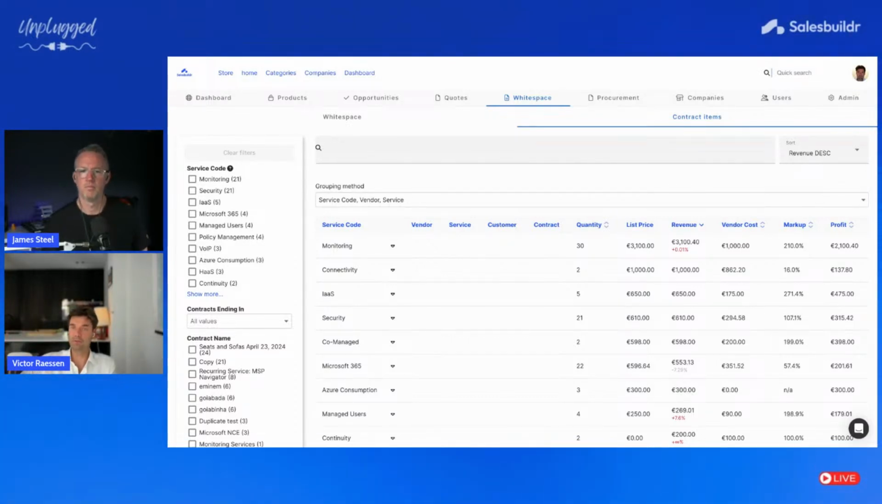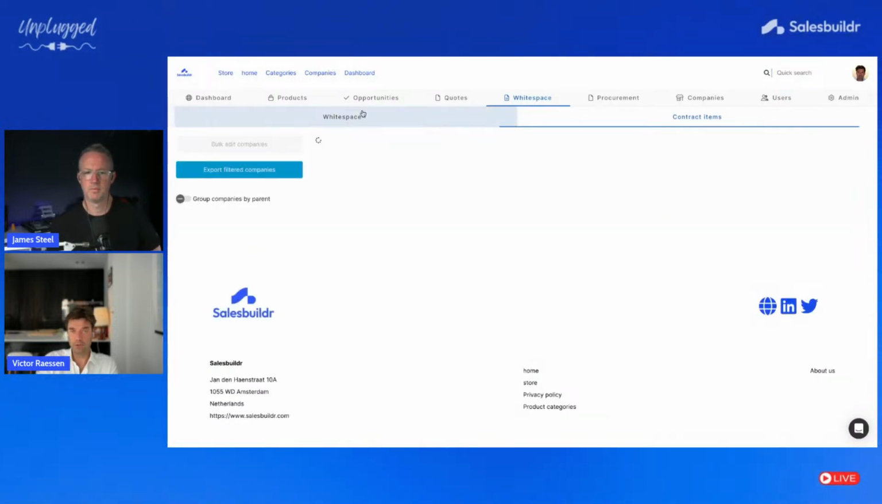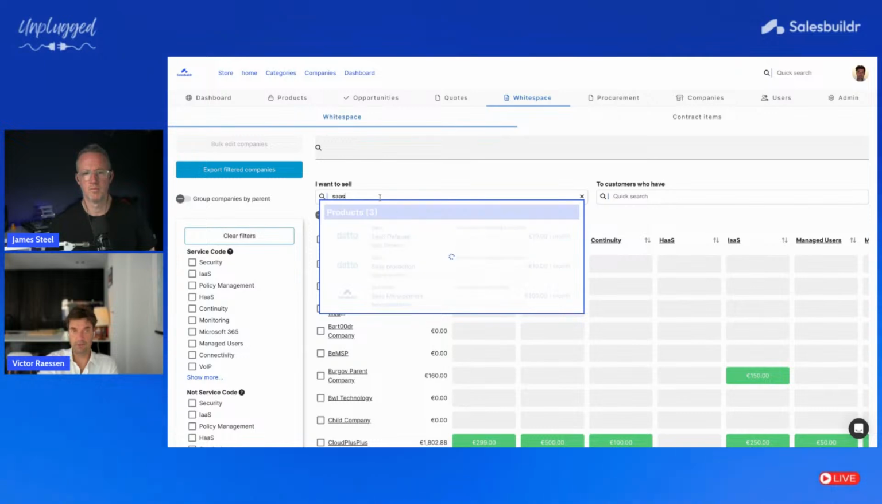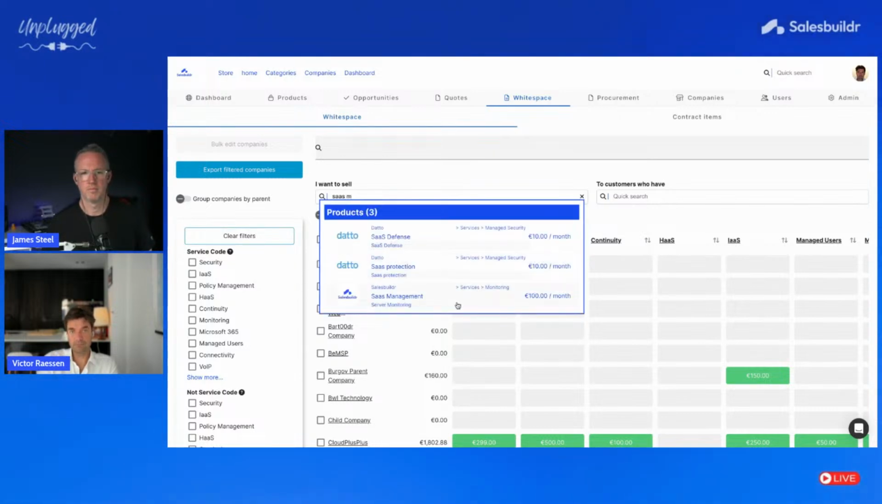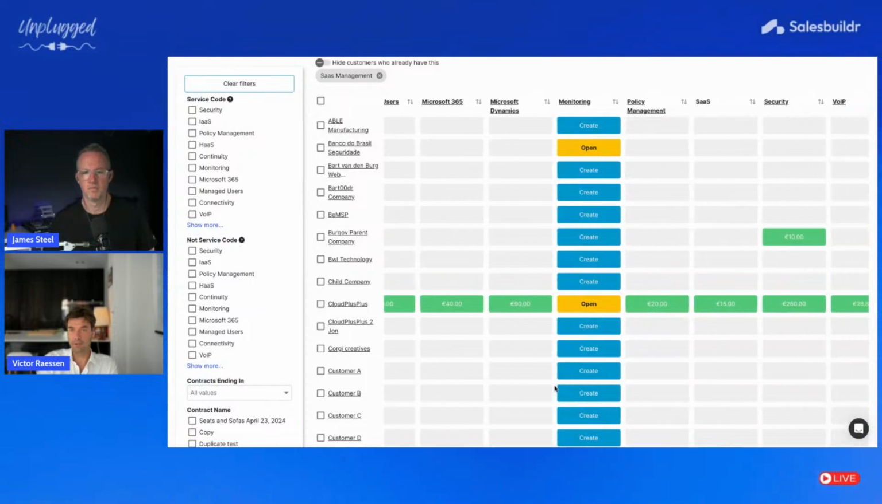that information going forward. And if you know that this service, SaaS management, is very profitable, now you can go into the white space and say, I want to sell SaaS management, and then show me all the customers where I can sell this that haven't bought it yet. Yeah, that's great. So probably it's worth pointing out